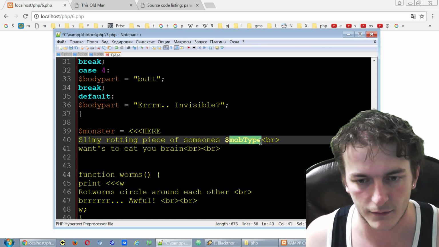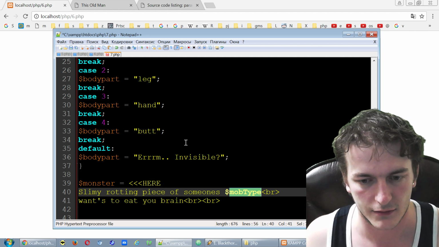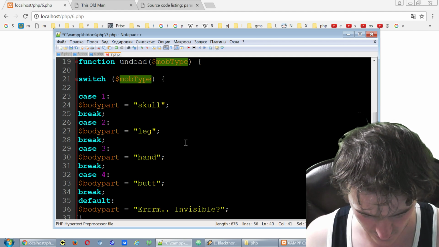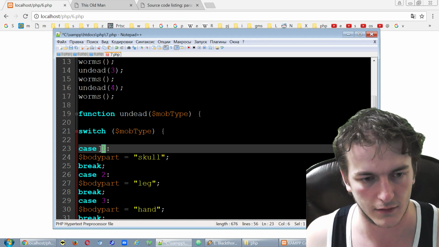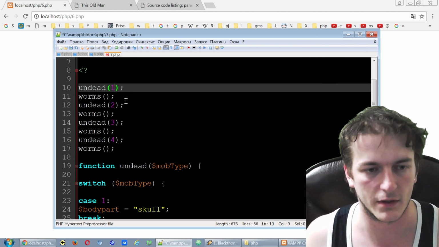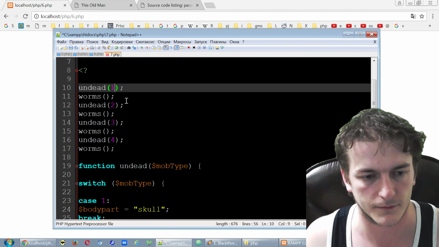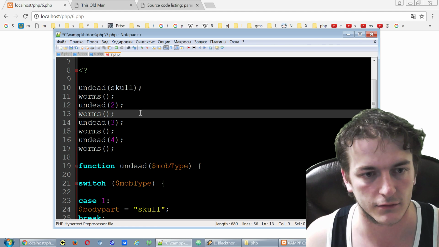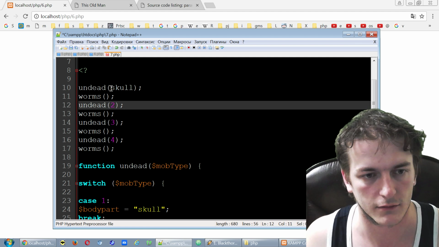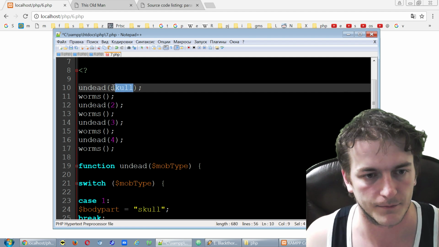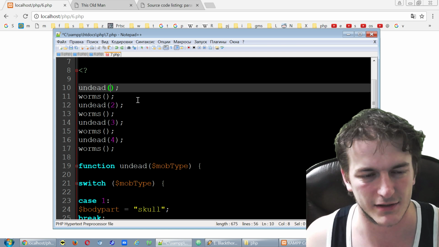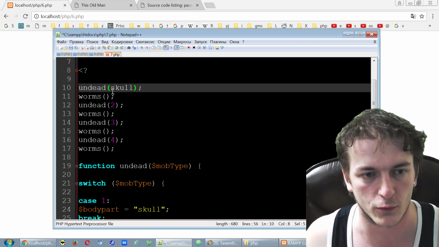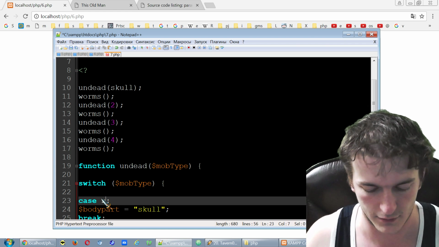So this would be, so we have everything different. It has to be stanza. Switch stanza, case 1. Could we call these cases not 1, but could we call it skull, or not? Let's try. Okay, let's try. I'm not sure how it works actually. No idea, just no idea. Could we